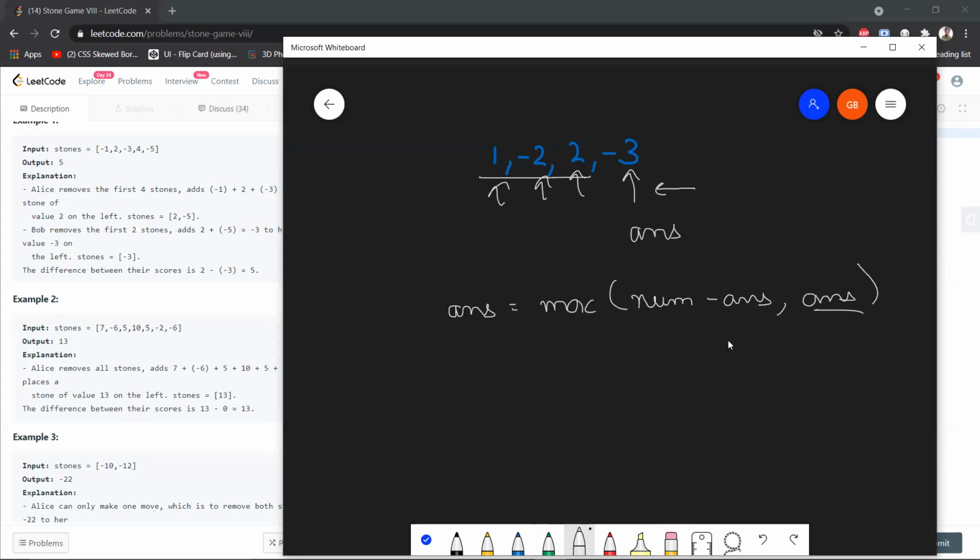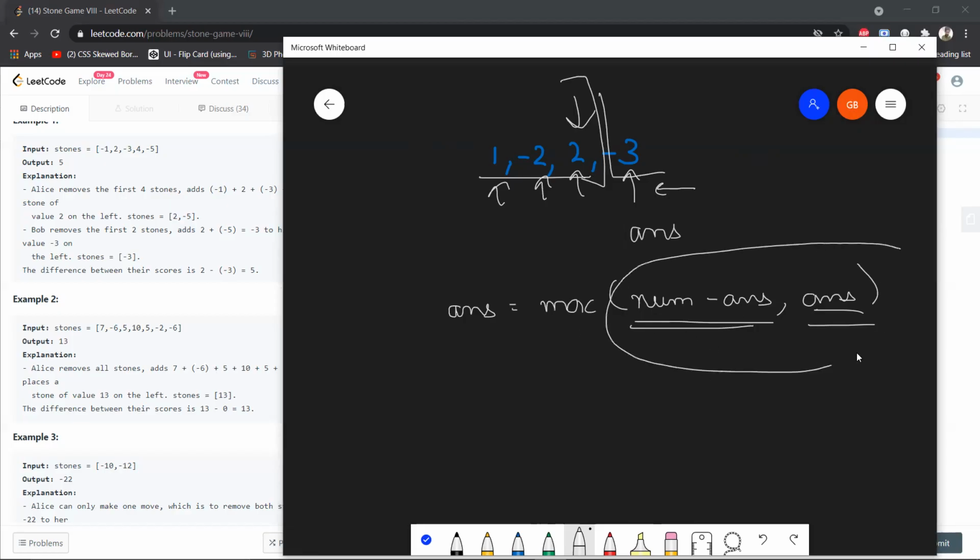So either that can be the answer, or we can gain a new greater difference between the cumulative sum selected by, let's say, Alice, and the one that would have been chosen by Bob, right? So either this new difference would be maximum, or the old difference would be maximum in itself, and whatever is max, we'll put that inside our answer.